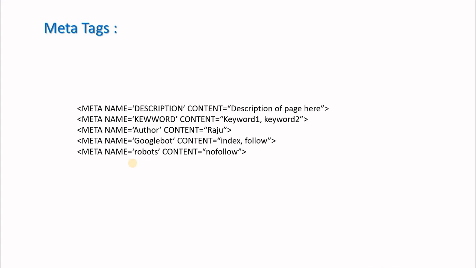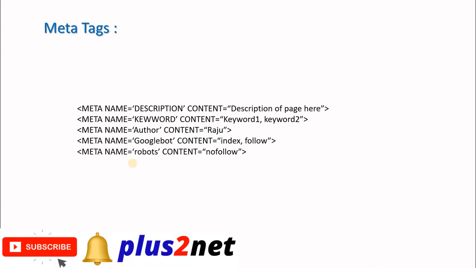Now let's come to meta tags. Meta tags are not visible to the user. Then why are they used? They are used to give a lot of information to the browser, search engines and many other robots. Say the description, the keywords, the author, and we may also tell a search engine to follow or to stop indexing this content, so we can give those instructions about the page.